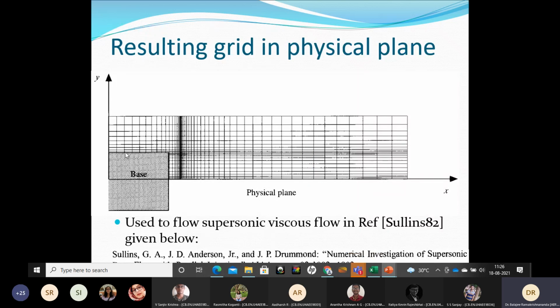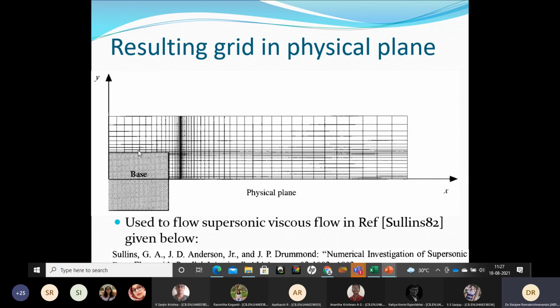This is actually the flow over a backward facing step. This is a classic benchmark problem in compressible fluid flow. If you are doing a project under Sri Krishnan sir, he has already done several projects in this. Anyone doing the same thing, or even if you have a different project, if you ask him, he will show you the grids which are used. But there you can use this kind of clustering.